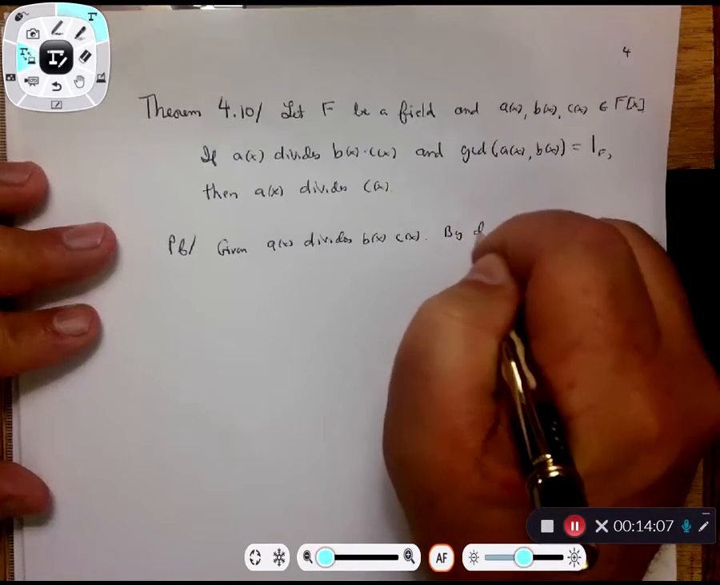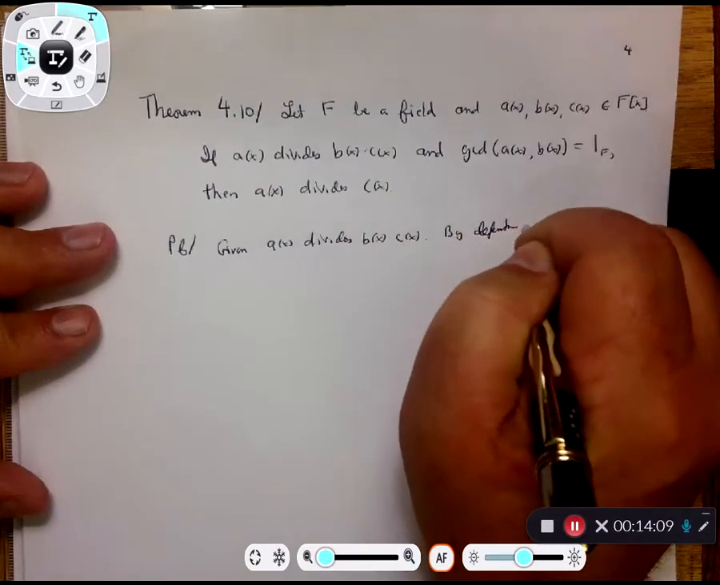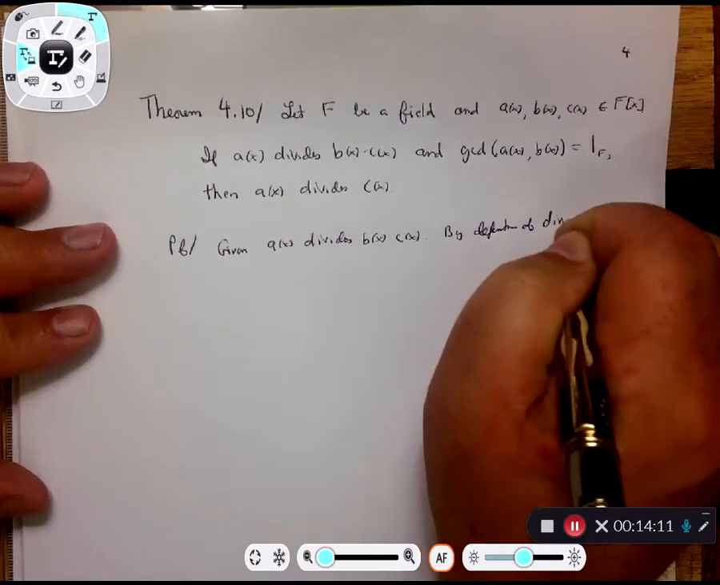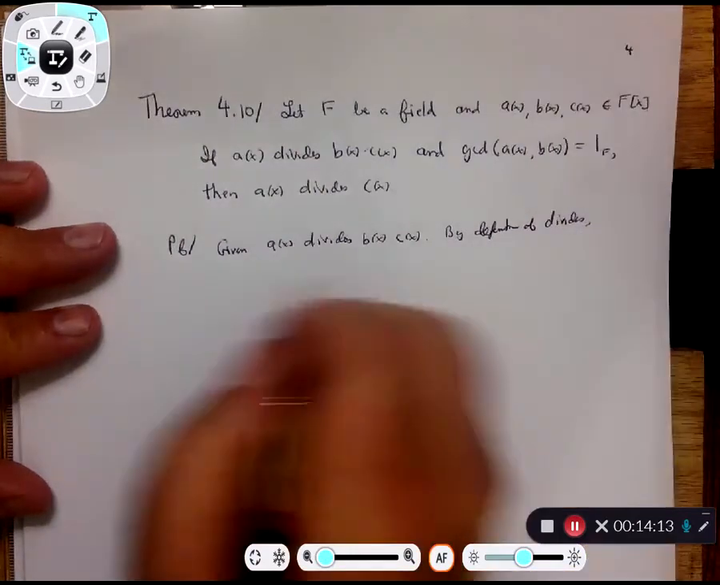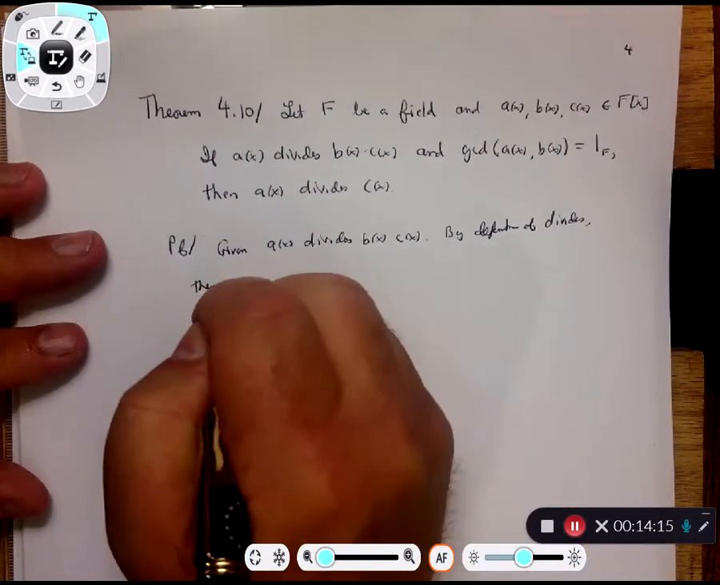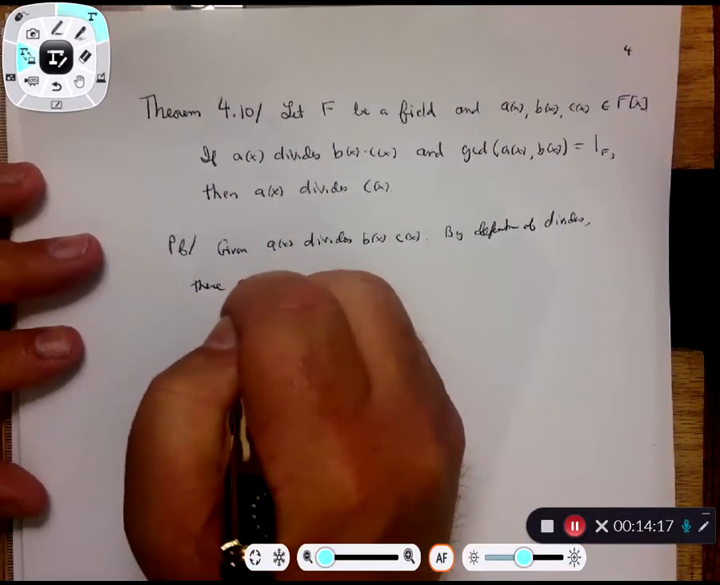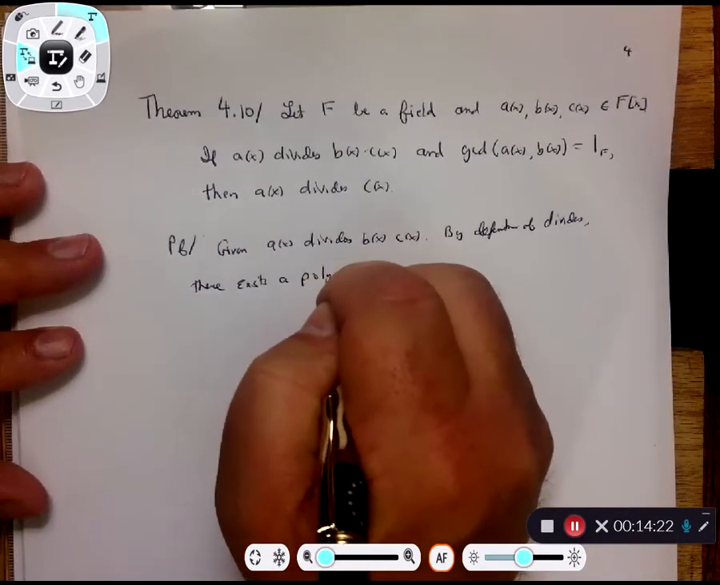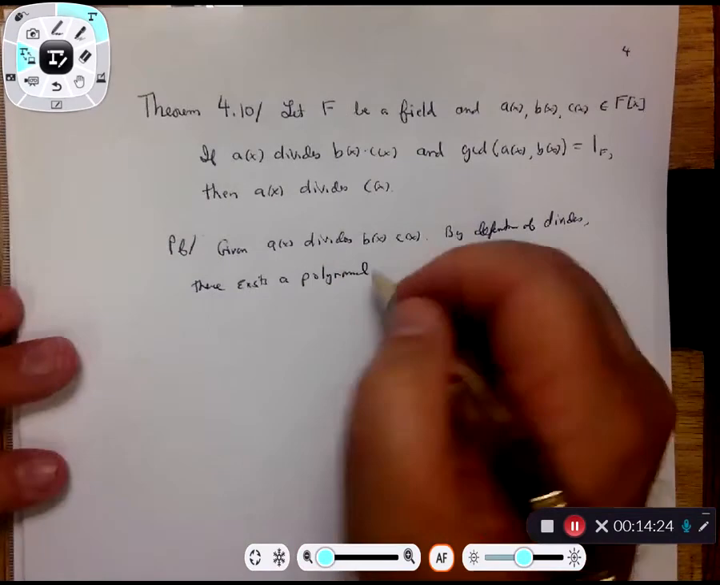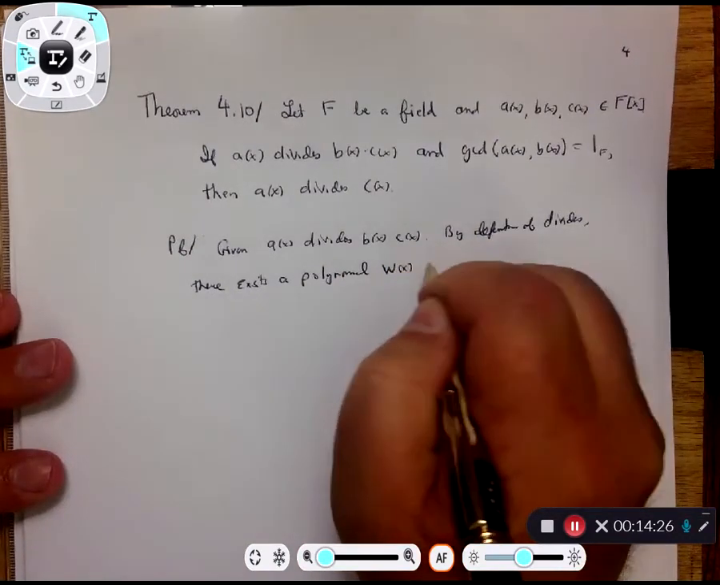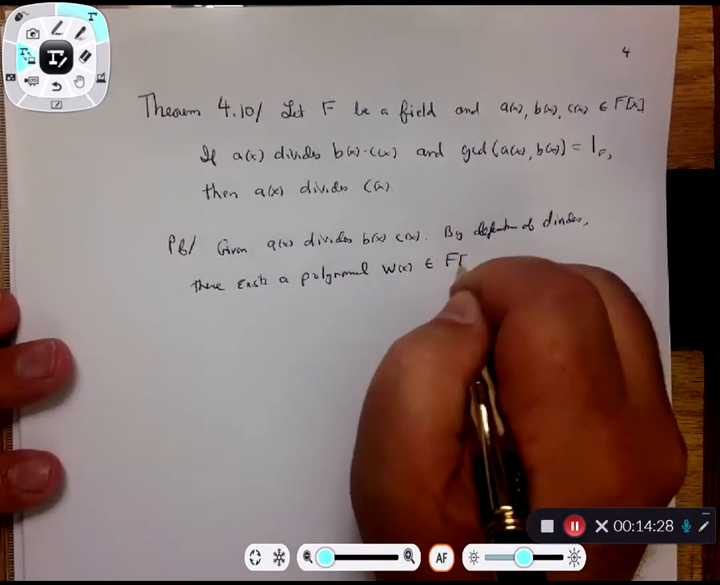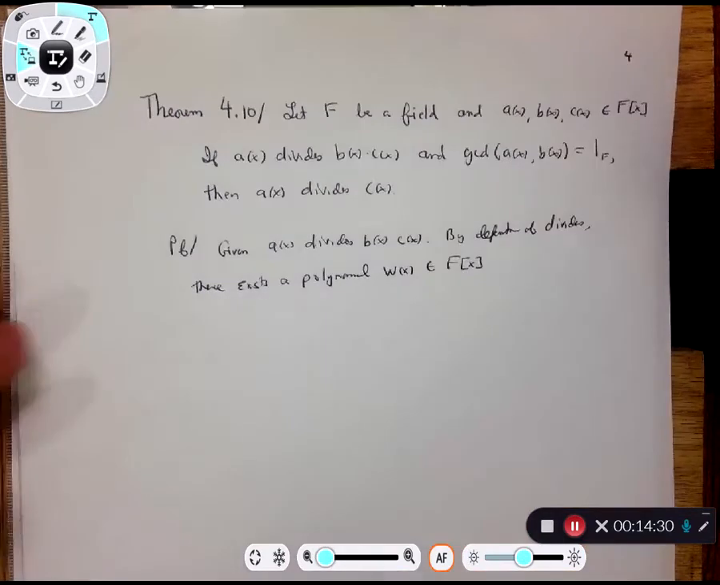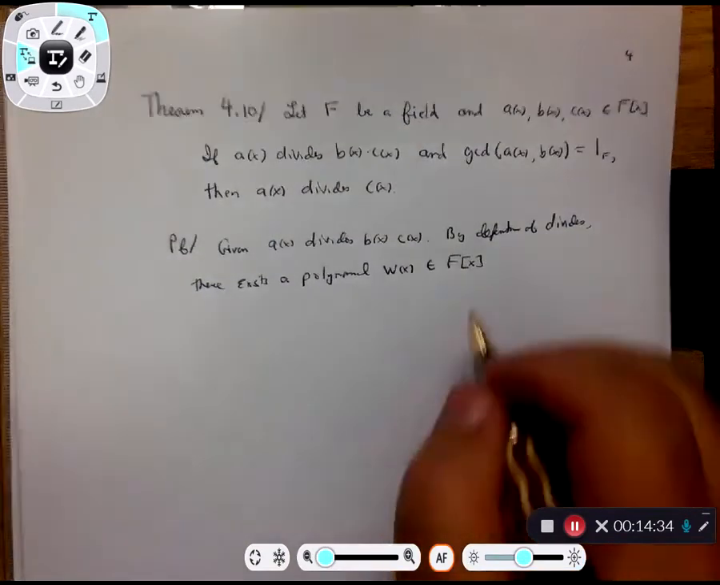By definition of divides, there exists a polynomial w of x, an element of F adjoin x. You have to kind of describe to me that yes, this guy is in my ring, the polynomial ring, such that